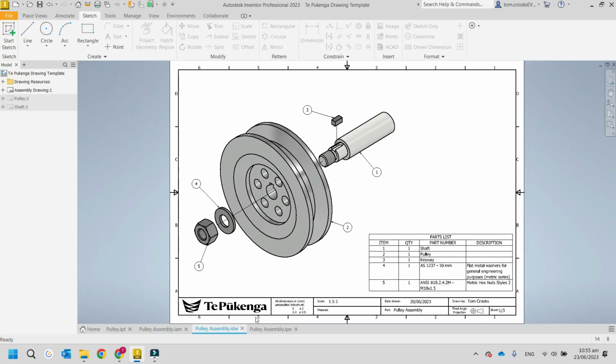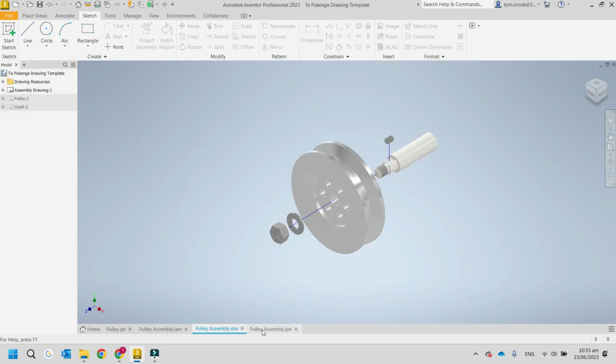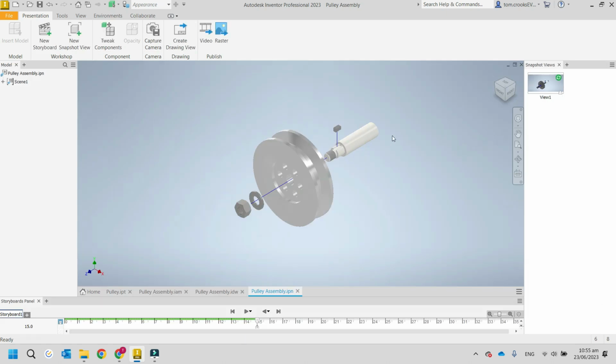I created it in the IPN, so that's where that comes from. And this is basically where you bring in an assembly file and you tweak the components and you pull them away from each other. You set up the camera angle, so you move around this cube where you use the orbit, and you set that up and you take a snapshot,